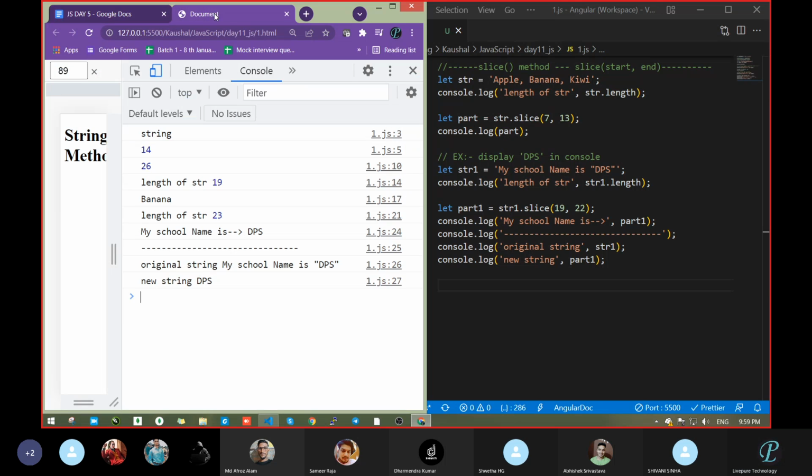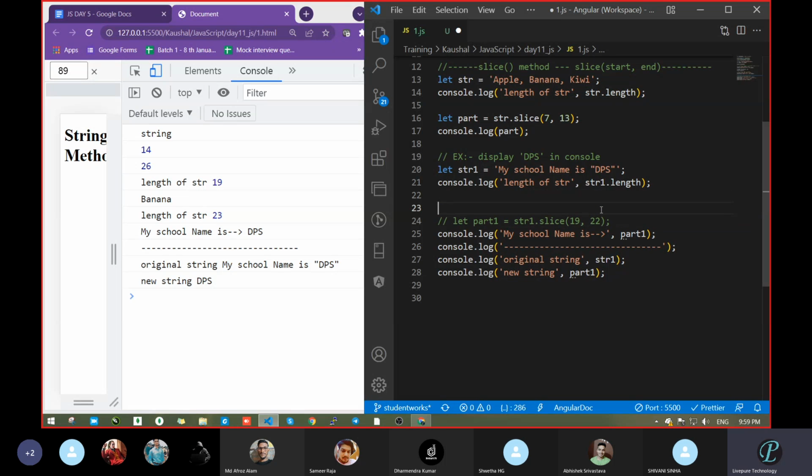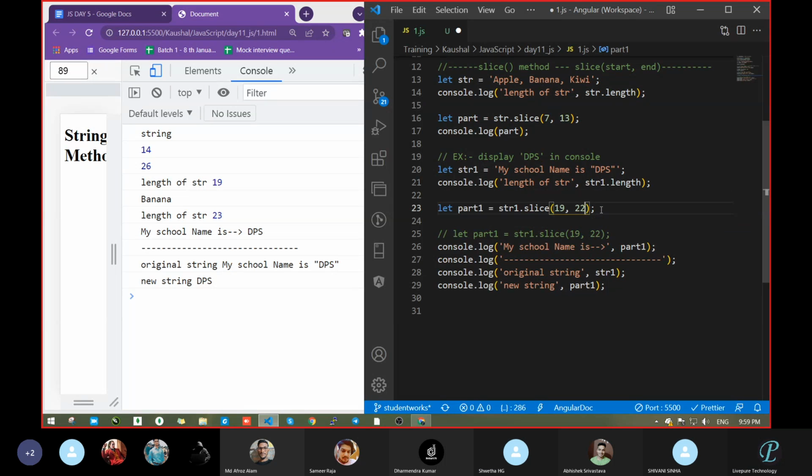Let's do one thing. What is the position here? We have taken this as the last position or what? No, this is not last. A comma is there. Do one thing: Control C. I want the last value, not a starting value.